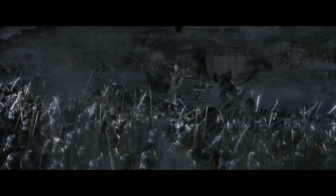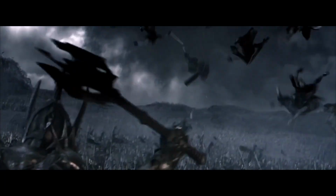So I absolutely love the way that they show his super duper strength and obviously his very large size. And I think that equipping him with a large mace, that's what this is, it's a flanged mace. Again, it's based on 15th and 16th century examples, although scaled up and made much larger. I think it's the perfect weapon to give him, because if you were that big, if you were that strong,